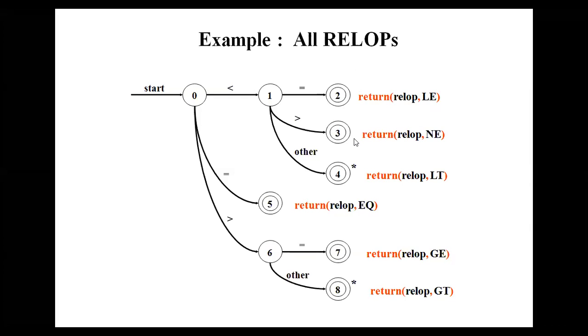And from 0 to 3, it is not equal to. And from 0 to 4, it is just the less than operator. And with equal to, it is just the equal to operator, right? And see here, greater than or equal to, here the alphabet that we are getting is greater than or equal to. And with 0 to 8, it is just greater than. And this is the way of representing the transition diagrams by taking the inputs in the form of all relational operators,